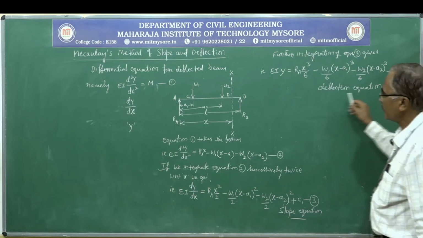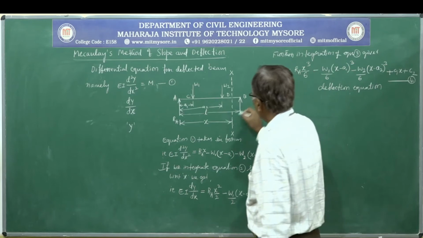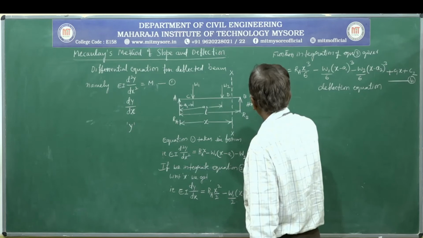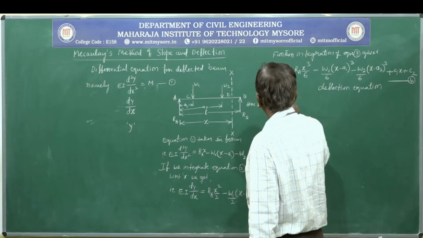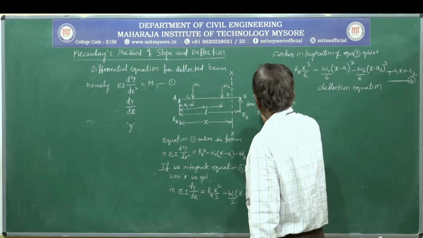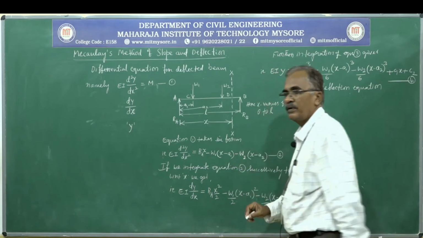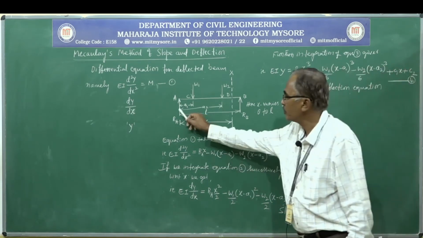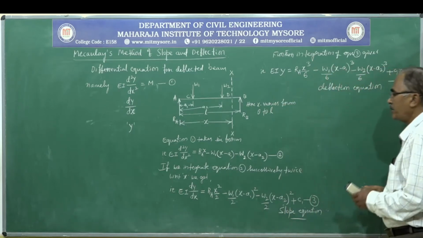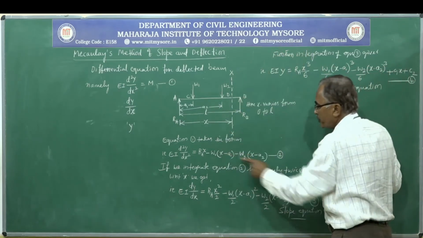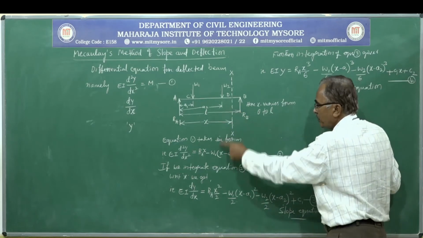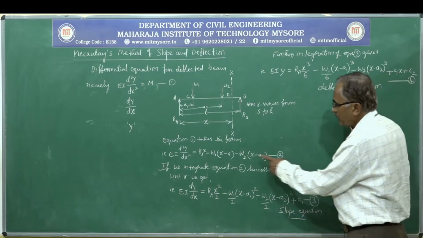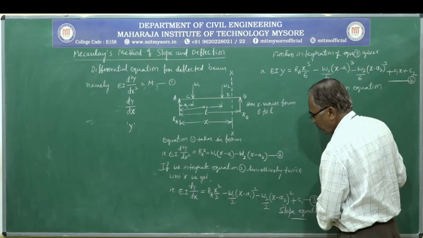You can see here we already defined that, from the figure, x varies from zero to L. We have selected a section in the last segment such that x varies from 0 to L, and based on that concept we have written the expression for bending moment about section x by considering forces to the left hand side. We got equation 2. Then if you integrate equation 2 successively twice with respect to x, we get